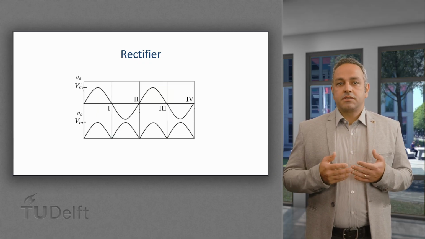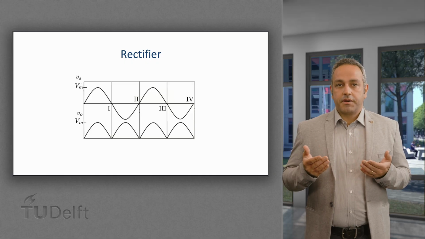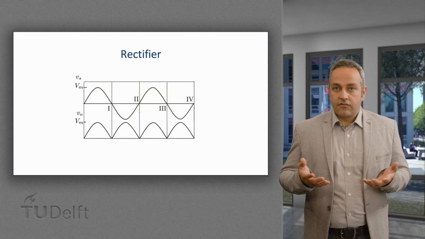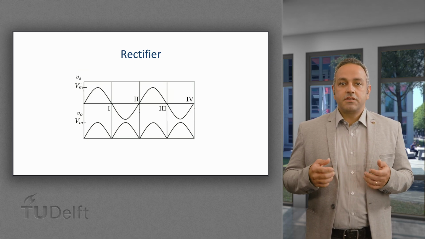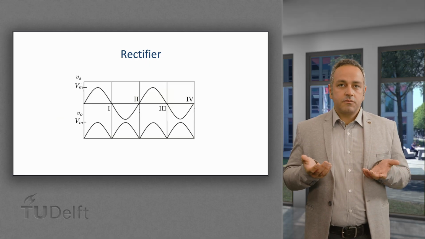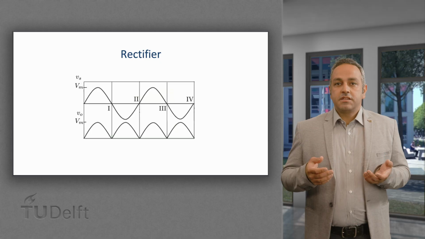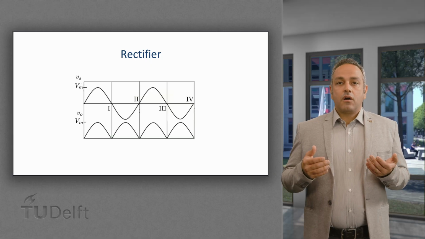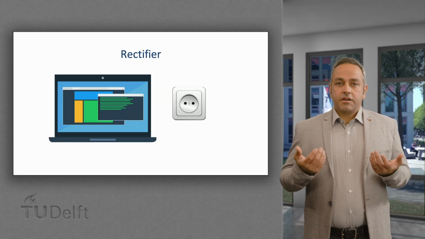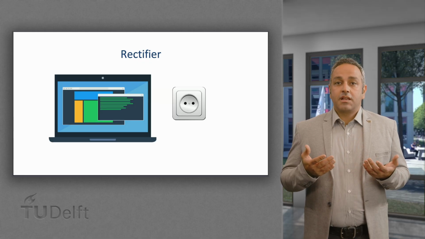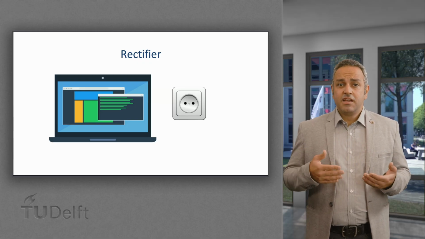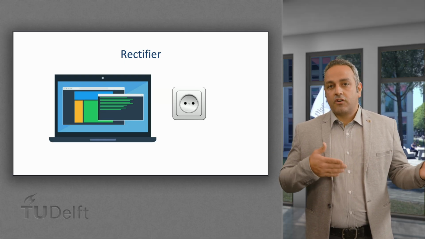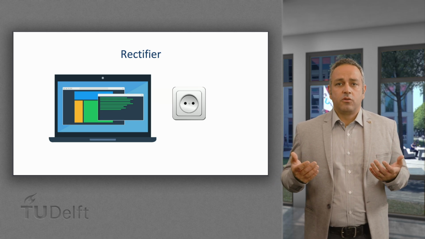As you can recognize, the signal is now positive in all time periods, and if an average line is drawn, you can see that it has a constant positive value. It is therefore said that the voltage is rectified. This could be the circuit inside a power converter. In this case, due to its operation from AC to DC, the power converter can also be called a rectifier. A rectifier is necessary, for example, when connecting a laptop, which operates in DC, to the AC supply socket. The power coming from the socket is AC and is then rectified to DC as required by the load.